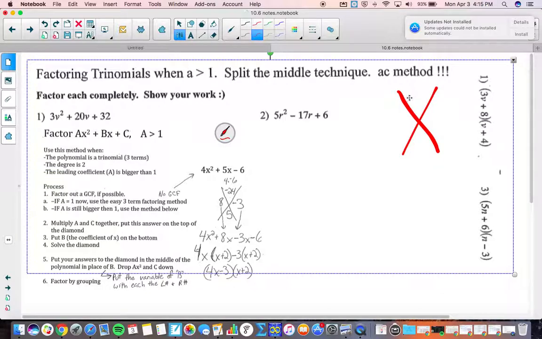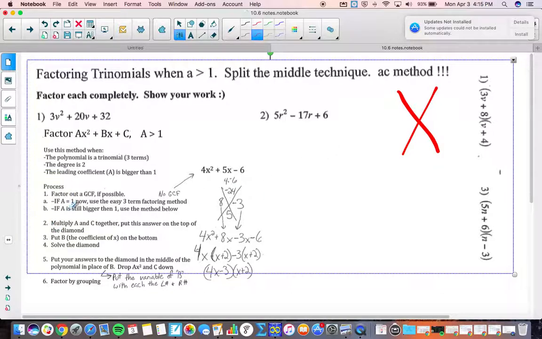Here we go. So number 2, is there a number we can factor out of all 3 of those? Nope. No variable either. That one doesn't have a variable. So we tried to take out a GCF. Notice we have 3 terms though, and the highest degree is 2, so we can try this fancy-dancy method where